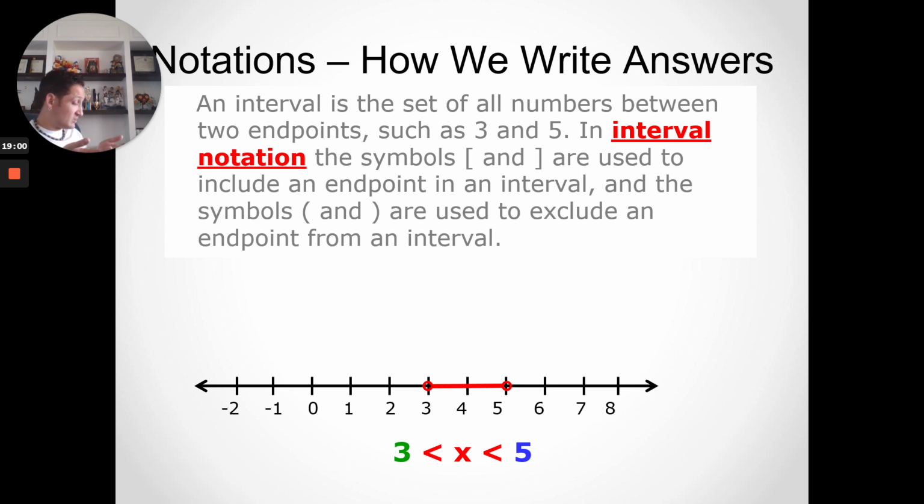So I'm going to take that exact same inequality that I just discussed: 3 is less than x is less than 5. What we do with interval notation is basically write that interval down, write your inequality, but instead of putting the little less than or equal to signs, the alligator mouths,